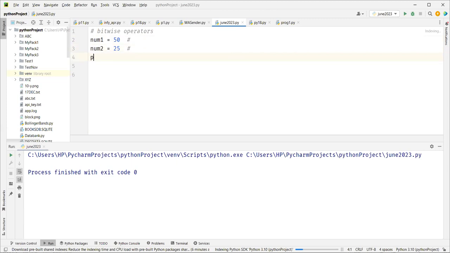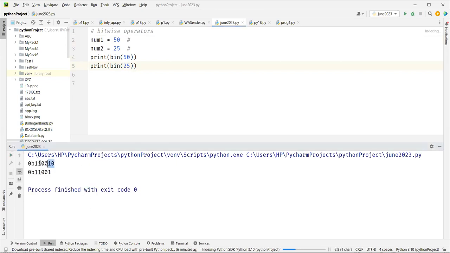So I'm going to say print bin of 50, and bin of 25. This will give us the binary equivalent of 50 and 25. This is your 50, so it is actually 110010. And 25 is